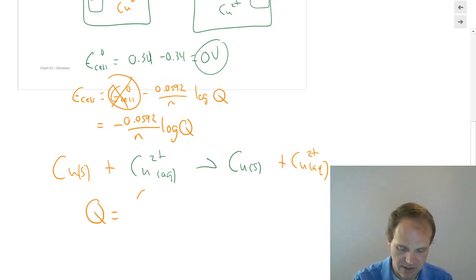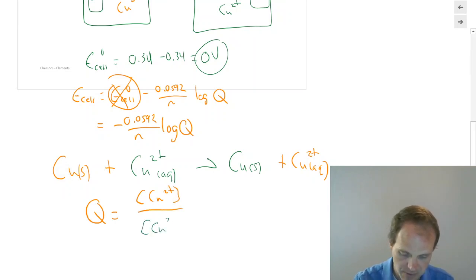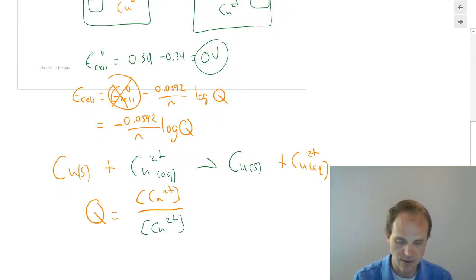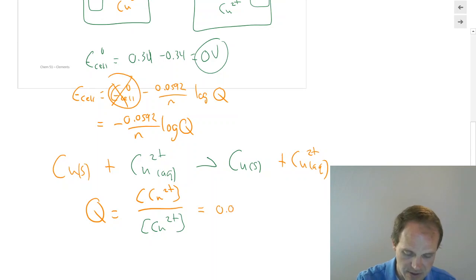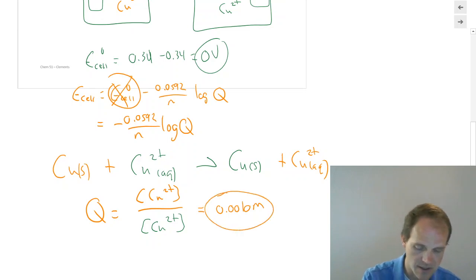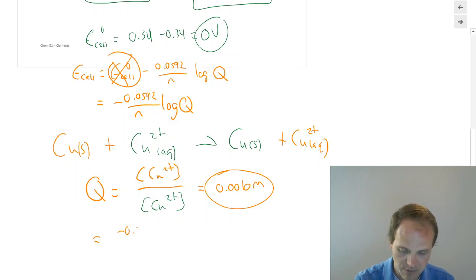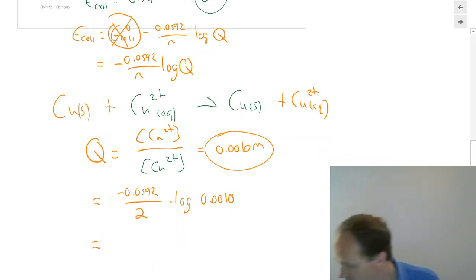Q is going to be Cu2+ in orange over Cu2+ in green, right? Orange is on the left, green is on the right here. The green one is still at standard conditions, so it's just the orange one that we have here, and so it's going to be 0.001 molar. However, we need to plug that into our Nernst equation. And so we get E cell equals minus 0.0592 over 2 in this case, because we transferred 2 electrons for each one of these things, times the log of 0.001. And if you do that, you get a value of